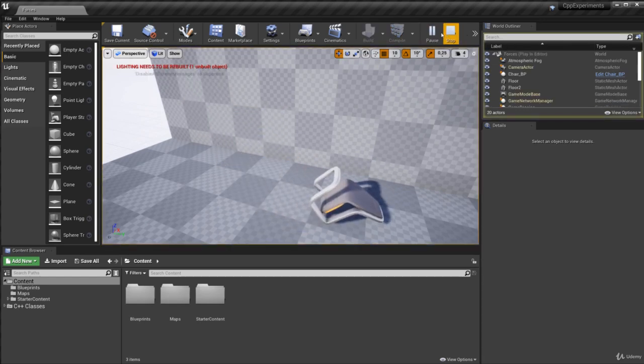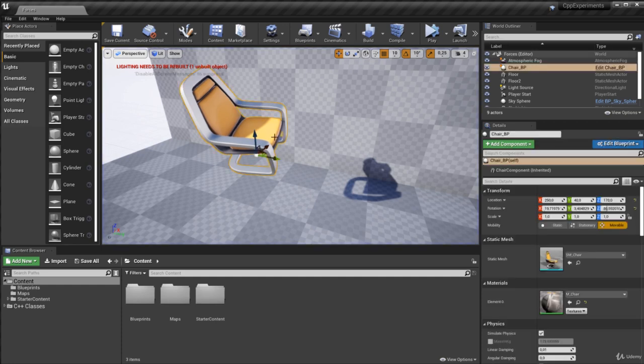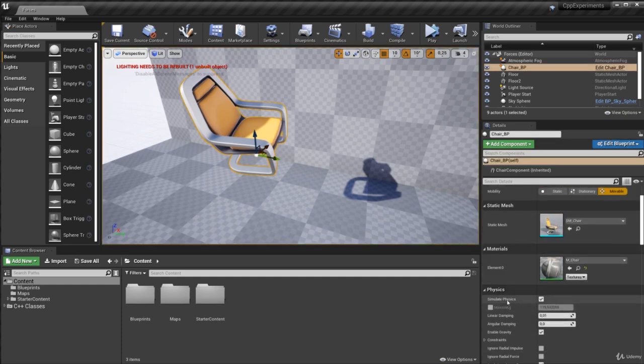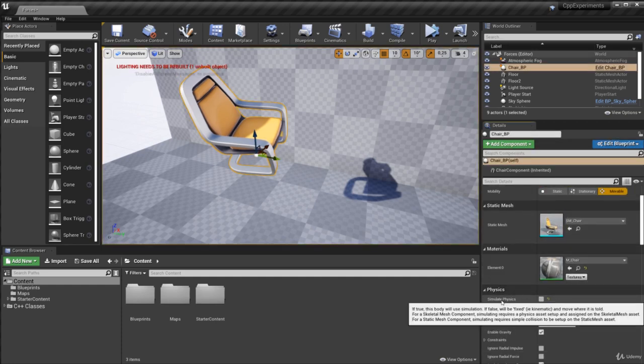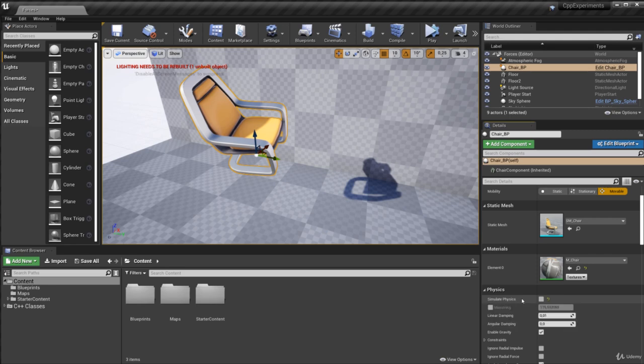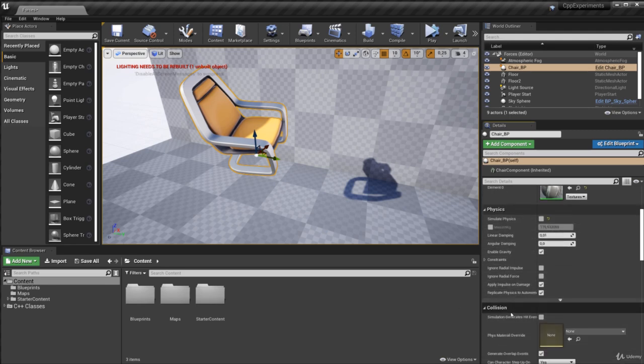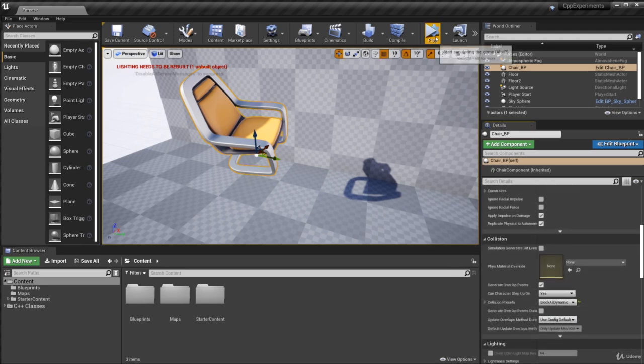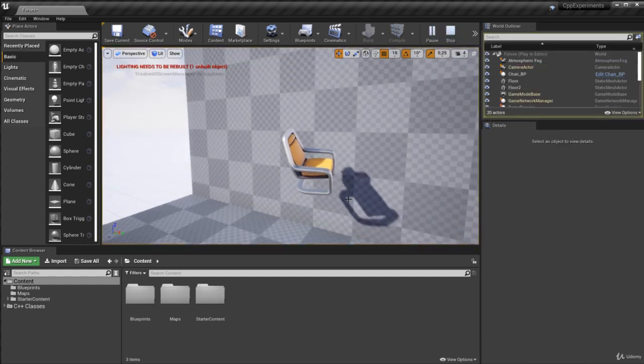This falls down to the floor. This is not really what we want. We want to turn off simulate physics. Then this will become a kinematic object. In other words, it's only going to move where it is told, so programmatically. So I'll turn off simulate physics, and if I play and simulate this now,